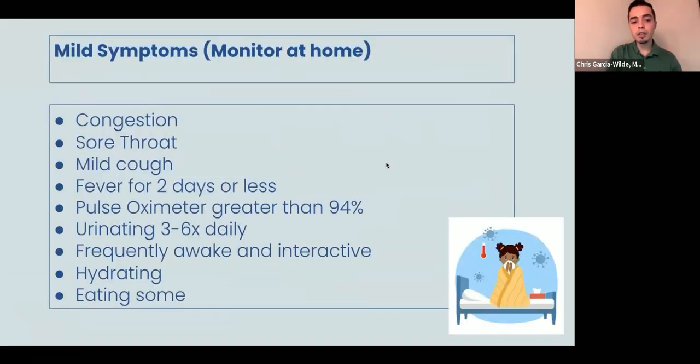The first things that you may notice when you have a child in your life who's sick this winter are the common cold symptoms: congestion, sore throat, a cough, maybe a slight fever. Those things are usually okay to manage at home. You probably have experience with this, giving them fluids and maybe some Tylenol for discomfort. As long as they are tolerating food for the most part and hydrating well, then they can usually be managed